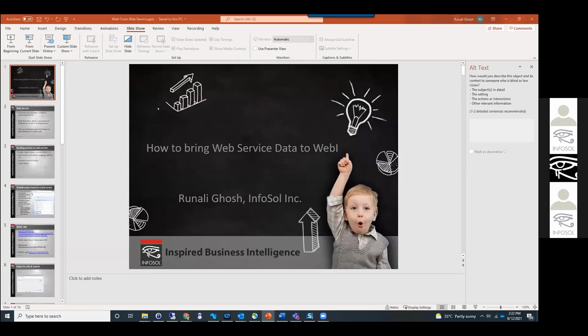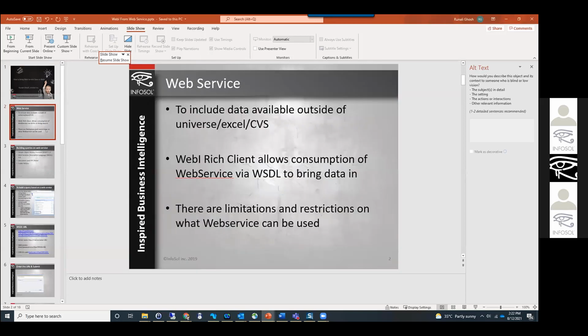So yeah, today's topic is how to bring external data, other than our typical universe data, and one of them is a web service, how to bring that data to Web Intelligence. So what I'm going to do is talk about